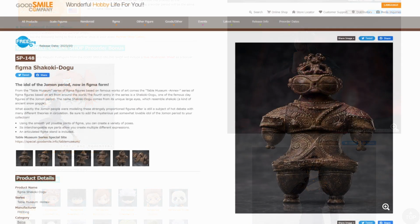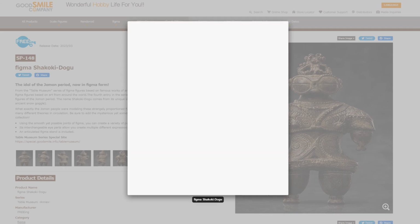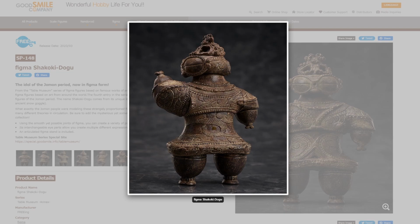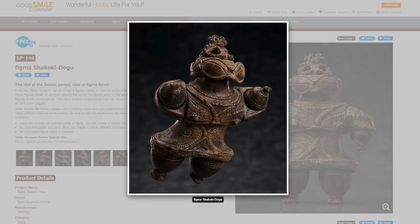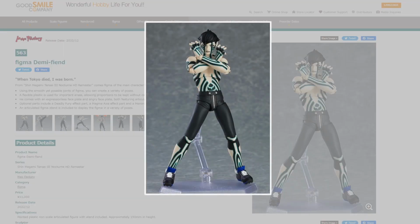Yay. My favorite furniture in Animal Crossing is getting a Figma. I love this guy, and the Table Museum series is honestly a lot of fun. I'm glad Freeing is making these. I just wish they were a bit cheaper. It's too much to spend on a novelty, but you better believe if I ever see this guy on sale, I'm picking one up. One of the coolest Shin Megami Tensei protagonists, Demi Fiend, finally got his Figma up